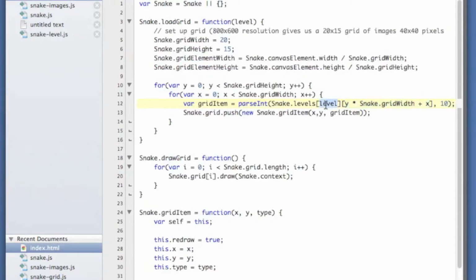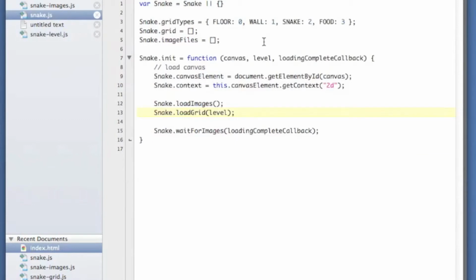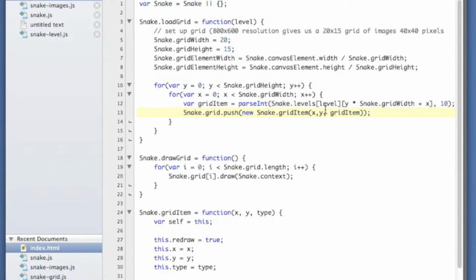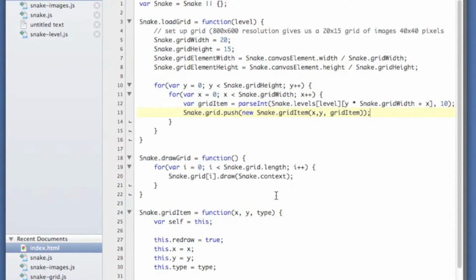So we're pulling that level value for that index, and then we're parsing it into an integer with base 10. Since this is a 0, that's going to correspond to floor 0. And then when it hits a 1, that will correspond to wall 1. So where I'm loading that in, I just pass that in as the type. So it's a 0 or 1. We're going to pass in the proper type to our grid item,